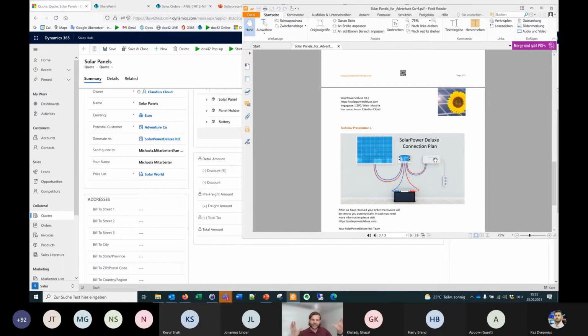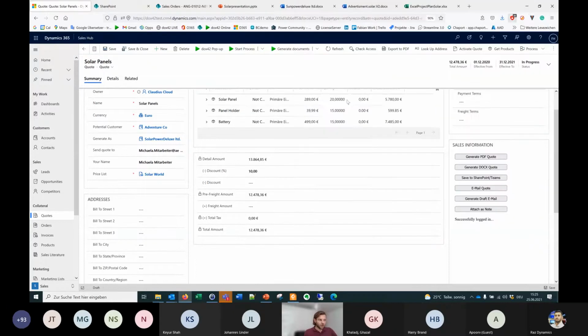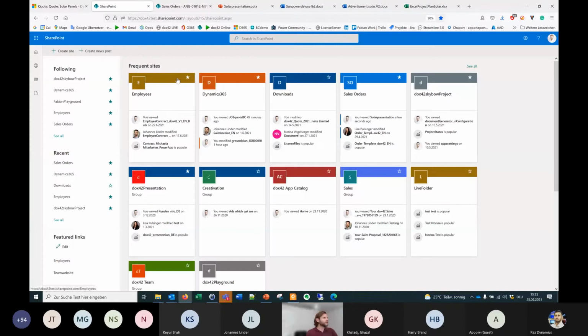We combined data from SharePoint, or actually documents from SharePoint, also Excel data from SharePoint, and also combined data directly from the CE, from the for sales system, from the CRM system. The document was designed in Microsoft Office, and I quickly open it so that you can see how this looks like, and I will show you the add-in and the designing process a little bit, and then I will change something in the template, and then I regenerate it, and you will see that it's done immediately without any